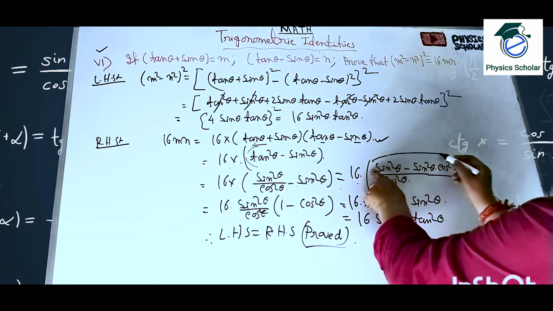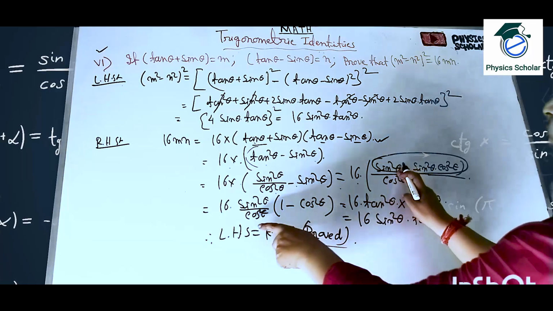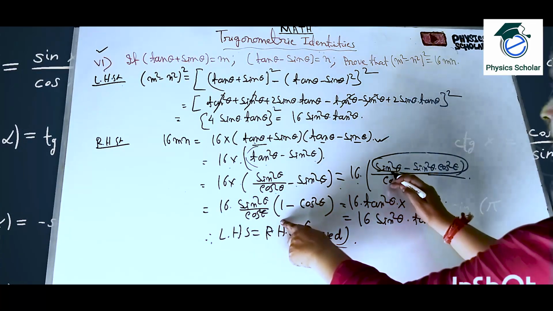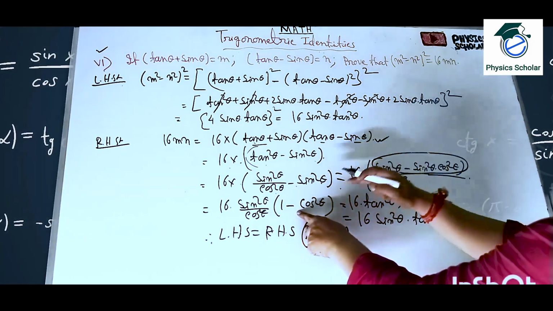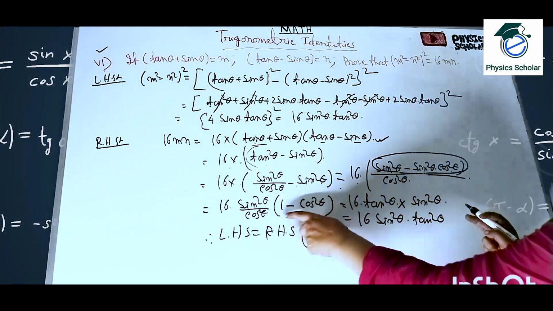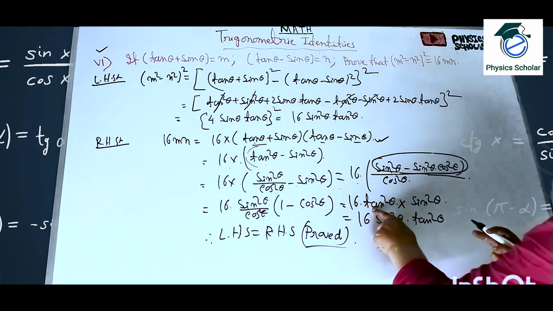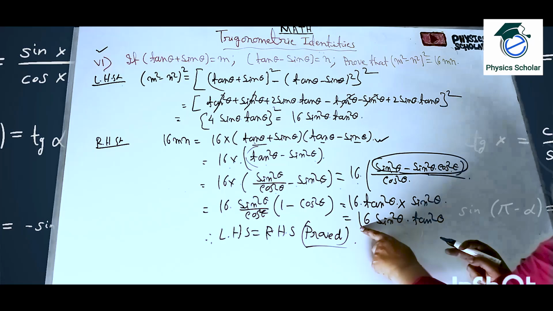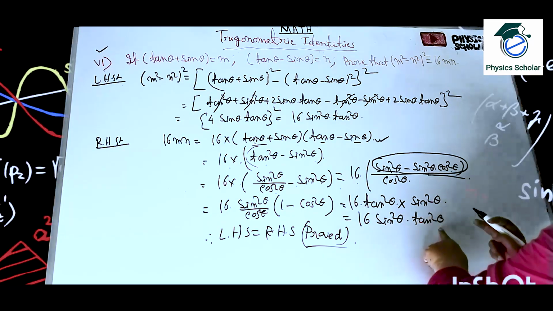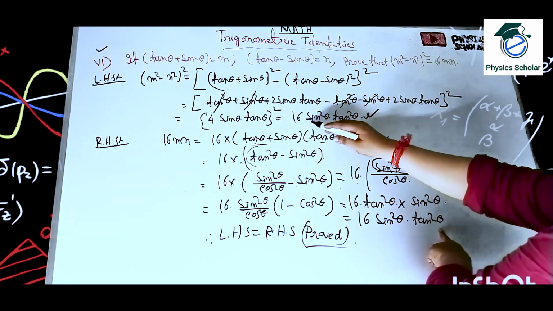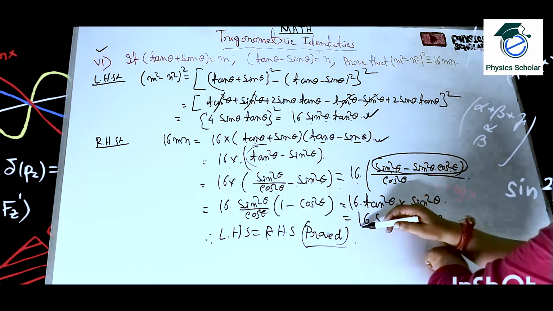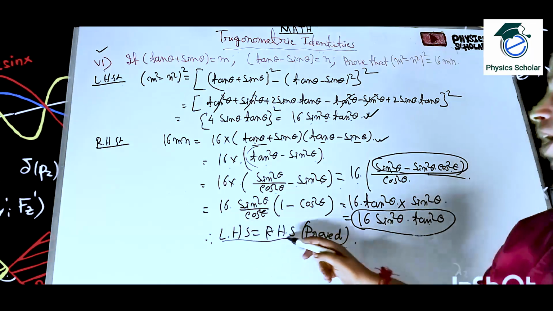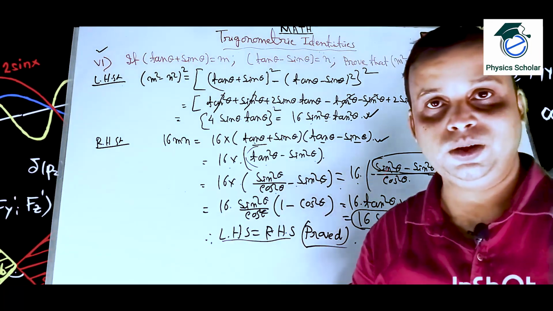Now from this part we are taking sin square theta common. So 16 into sin square theta, and denominator is cos square theta, into what is happening here? 1 minus sin square theta we have taken common, so only cos square theta. Clear? It is equal to 16 into sin square theta by cos square theta, which means tan square theta. Clear? And 1 minus cos square theta means sin square theta. So we can write it as 16 into sin square theta into tan square theta. So we already proved here 16 sin square theta into tan square theta. Here also on the right hand side it is coming 16 into sin square theta into tan square theta. So what can we write? Left hand side is equal to right hand side. So this is proved. Clear?